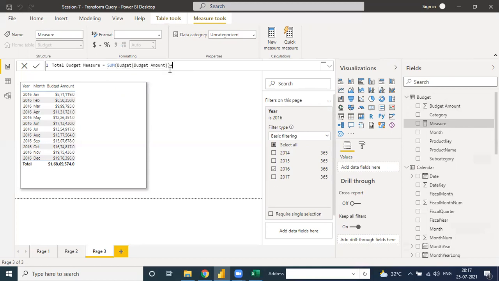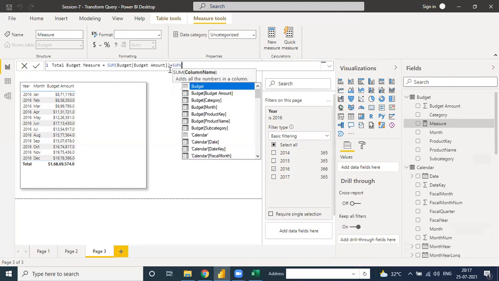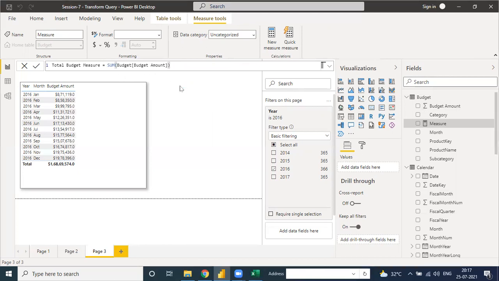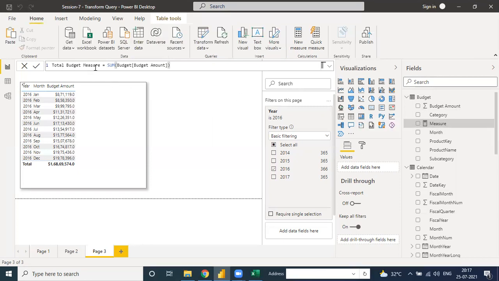Suppose here in the same file, when you click the sum and put in the sales amount. Okay, so it's a measure of sales plus budget. Yes. Total amount is here. So this is a simple formula. I am not remembering or learning any formula, just doing some purposeful steps. Okay, see, remove this one, and because we need only the budget, we enter, and here it is showing that measure, and its name is total budget measure.